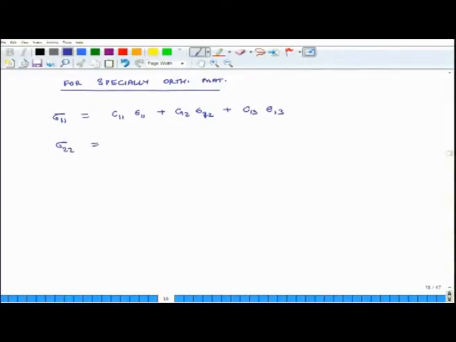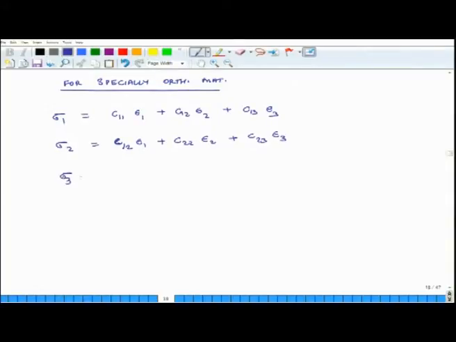I have made a mistake in terms of notations, because now we are no longer using tensor notation. So, sigma 1 is equal to C11 epsilon 1 plus C12 epsilon 2 plus C13 epsilon 3, no shear strains. Sigma 2 is equal to C12 epsilon 1 plus C22 epsilon 2 plus C23 epsilon 3,